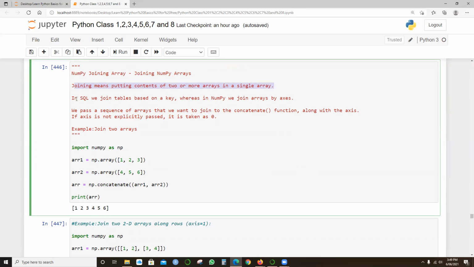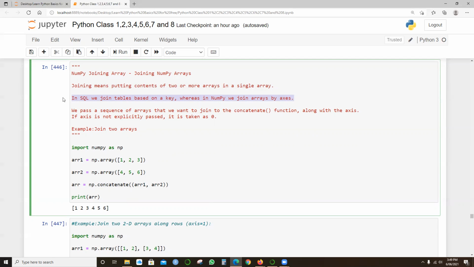In SQL, structured query language, we join tables based on keys, whereas in NumPy, we join arrays by axis. You don't need to worry about this, but in SQL, we join the tables based on the primary keys.